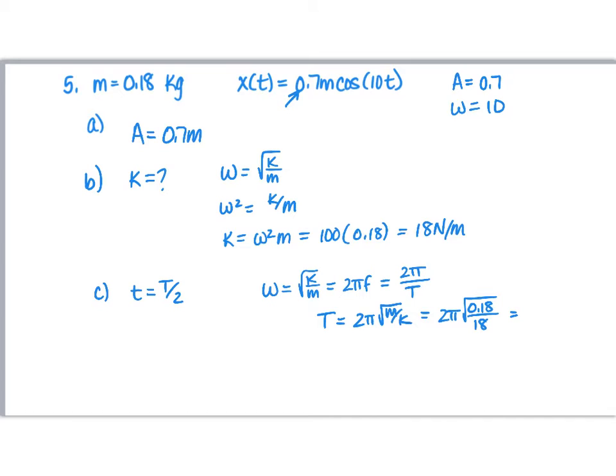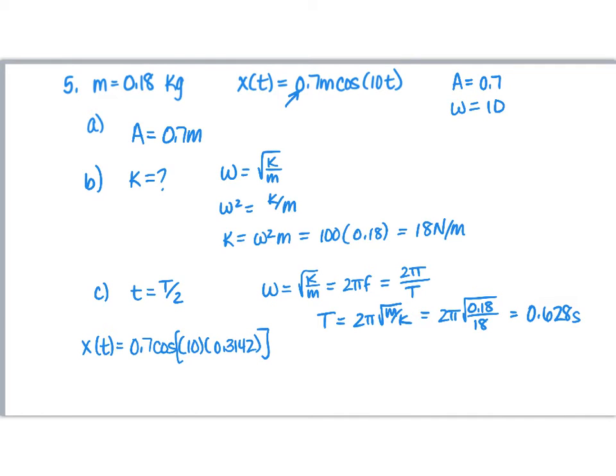And hopefully I don't make any mistakes along the way. So I got 0.628 for the period. And so now what I want to do is to find that answer. I need to put half of that into this expression, which is 0.3142,